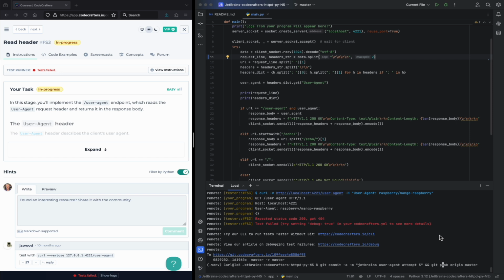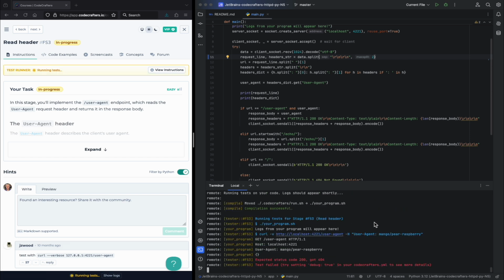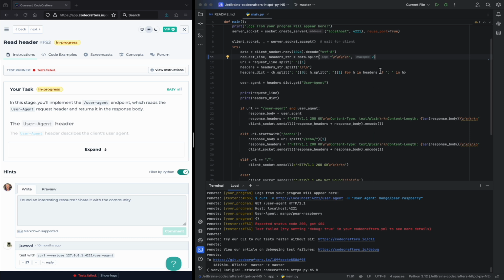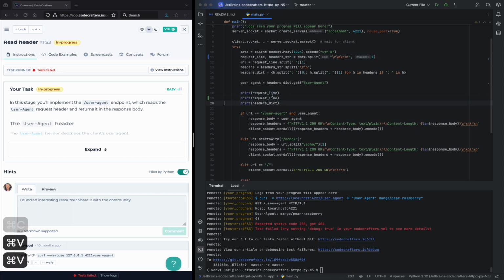Okay, so what we're seeing is that the stuff that's supposed to go into the headers is actually still in the request line. So I tried changing max split there, but that doesn't turn out to be the problem. So I just put it back. I thought maybe it was a quick fix, because at this point I was getting tired of waiting for the AI to figure it out, and I just kind of wanted to move on, but